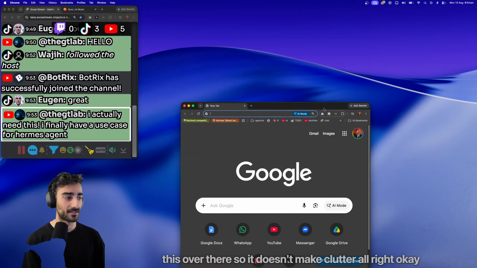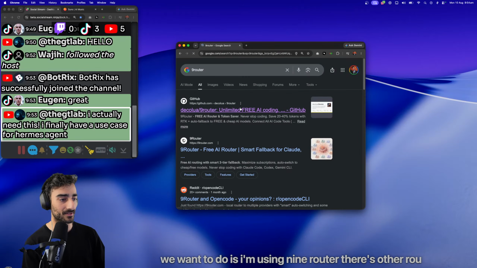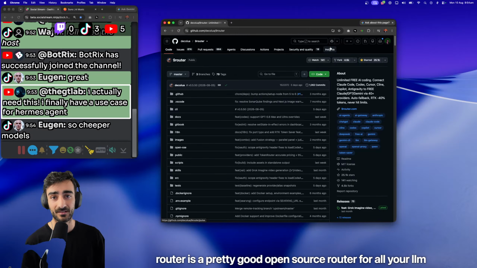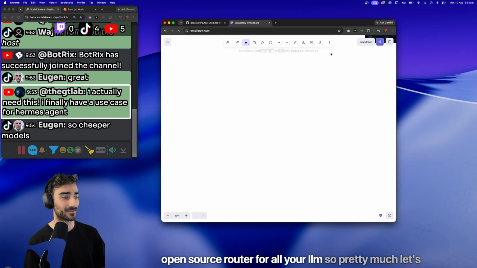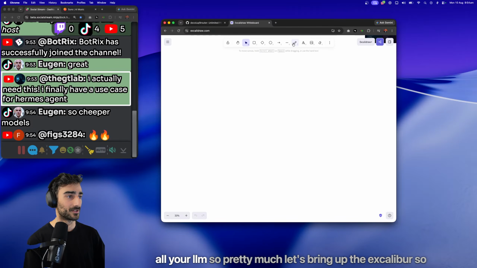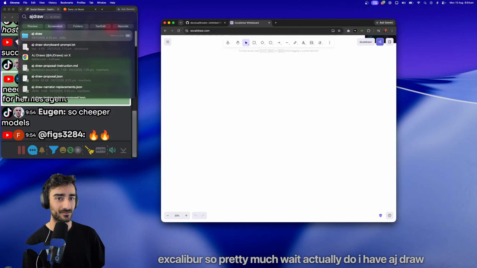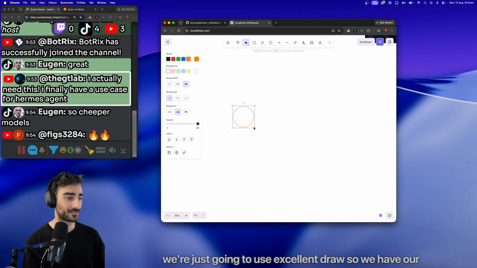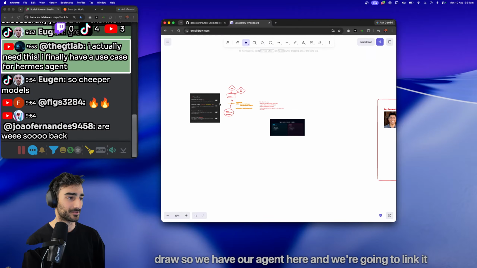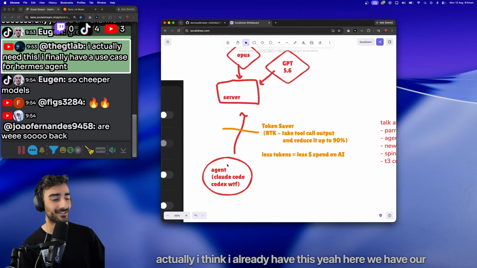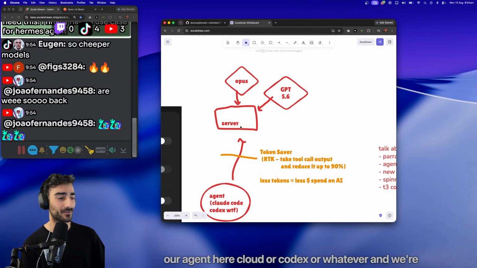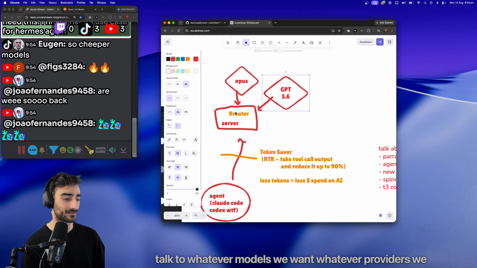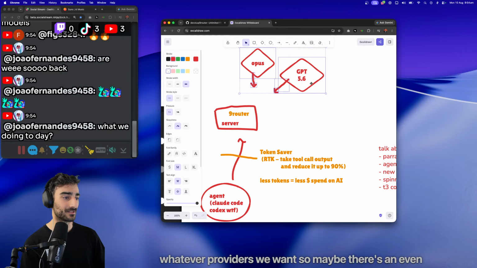Okay. So the first thing we want to do is, I'm using 9router. There's other routers you can use, but 9router is a pretty good open source router for all your LLM providers. So pretty much, let's bring up Excalidraw. I made a fork of Excalidraw, but we're just going to use Excalidraw. So we have our agent here, Claude or Codex or whatever, and we're going to go through the 9router server to talk to whatever models we want, whatever providers we want. So maybe there's even another layer here,